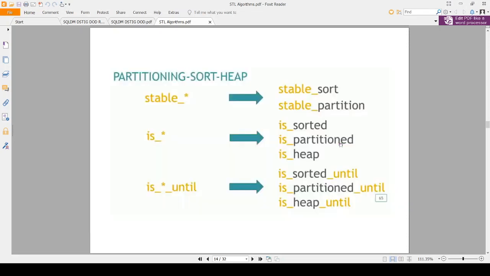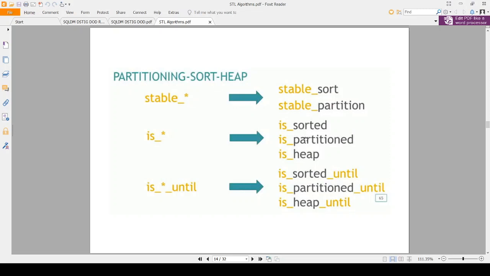For the permutations, we have three rules that are applicable: stable, is, and is until. So let's discuss the is and is until first. If we have a sorted collection, then is sorted will return true when called for that collection.